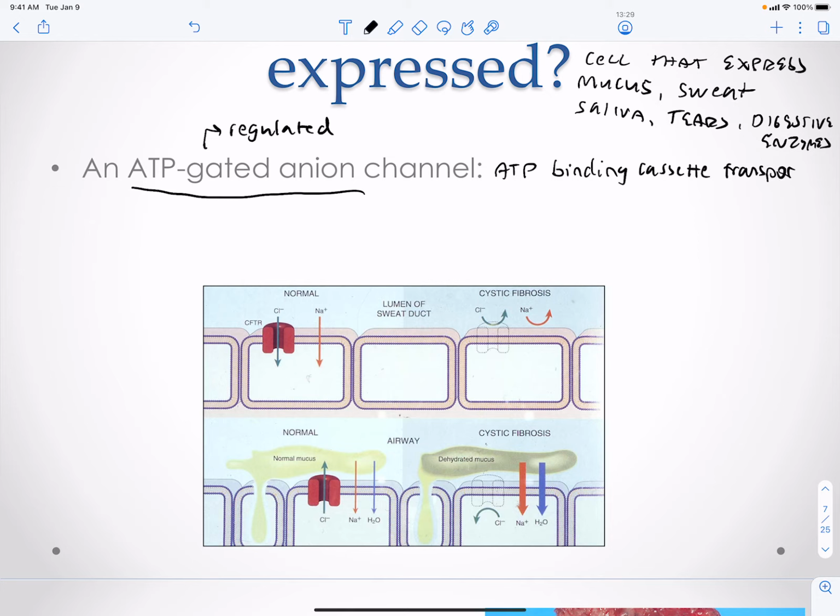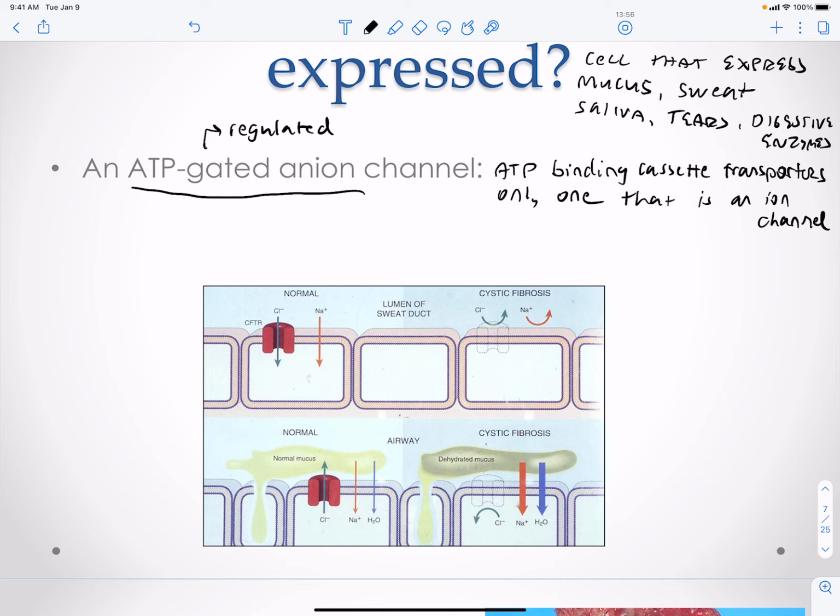Now we have other ATP binding cassette transporters, but this is the only one that is an ion channel. This is a ligand-gated channel, and this is going to consume ATP during the cycle of opening